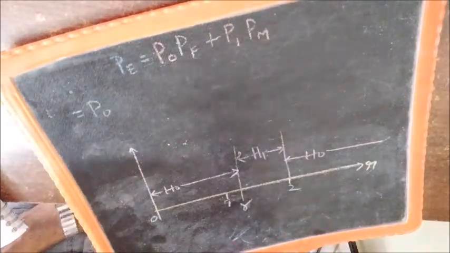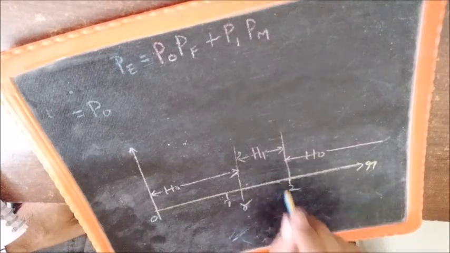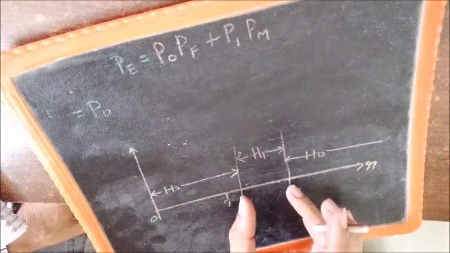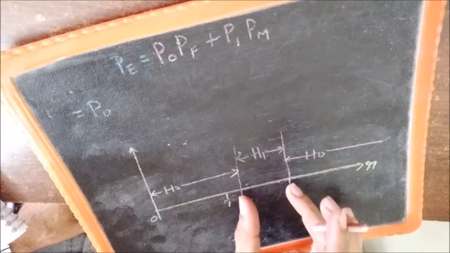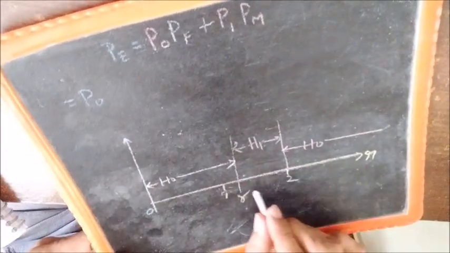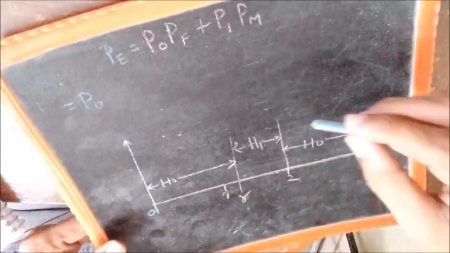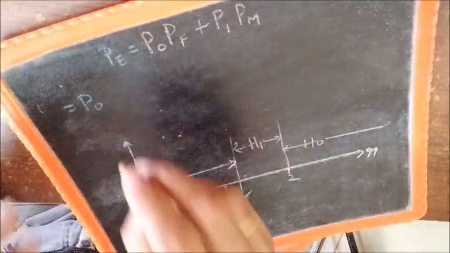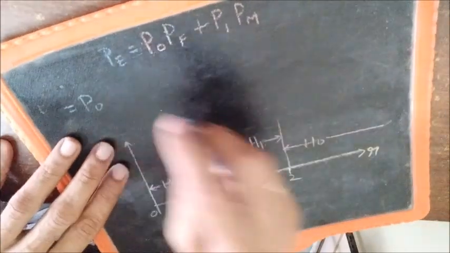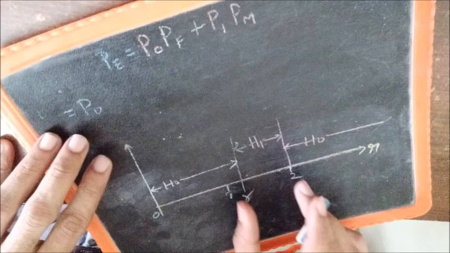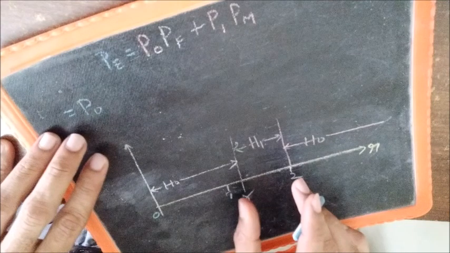When H0 is the true hypothesis, we are told that the density function of R is e raised to minus R, and it has to fall in the range gamma to 2. This integration will give you the probability of R lying in this region when H0 is the true hypothesis.